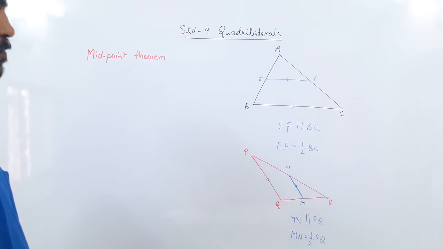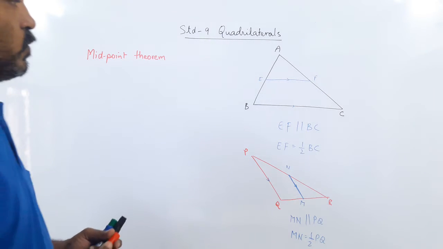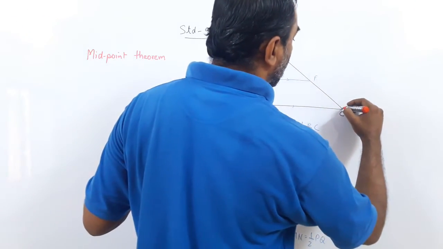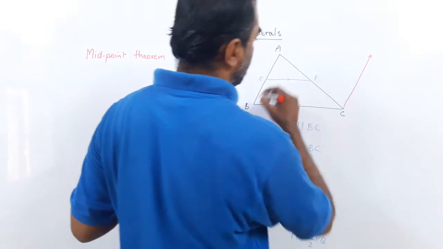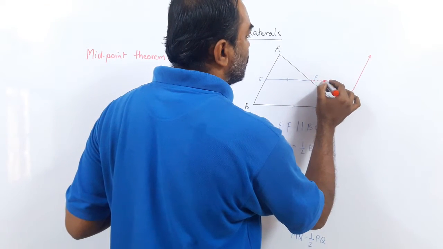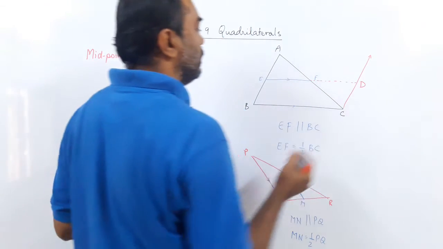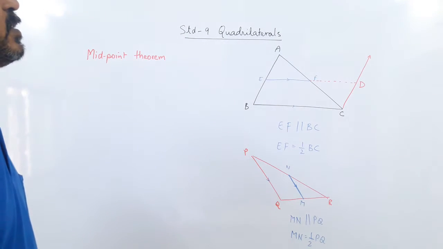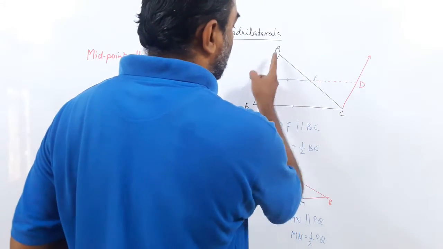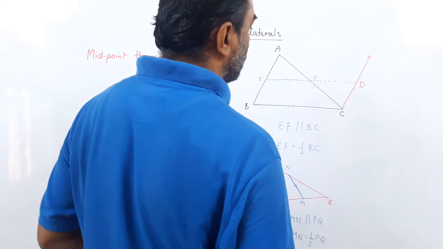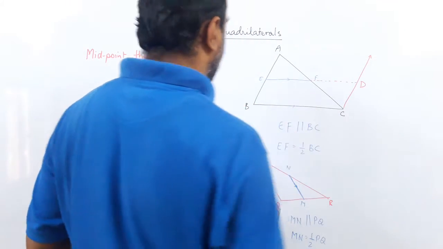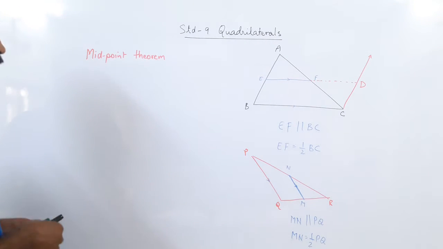Now for the proof, you'll have to do a little bit of construction. What you do, this is AB. So we'll draw a line parallel to AB. From C, we draw a line parallel to AB, which meets EF in D. Okay, so what you have done in the construction, we drew a line parallel to AB purposely in such a way that EF extended meets at D. Okay. So first now let us write down the things given to us.